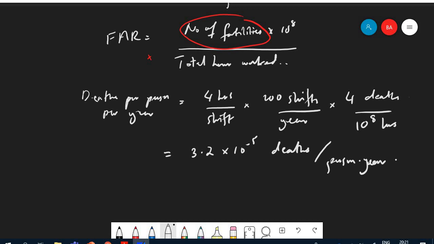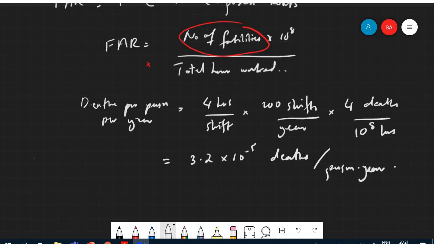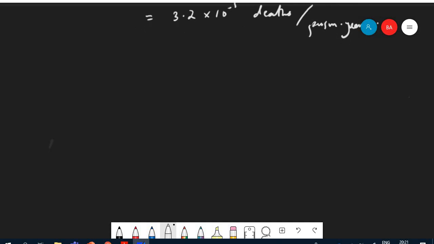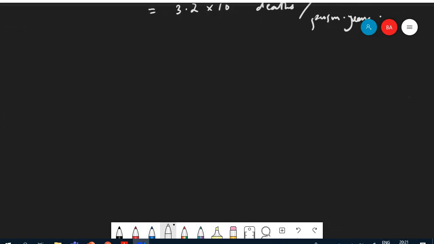So that is the solution for the first problem. I think that was straightforward and easy. So let's go now to problem number 2. So that is